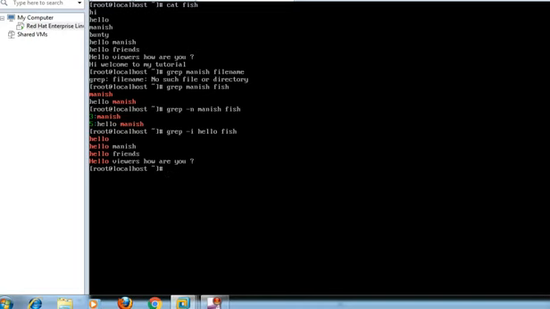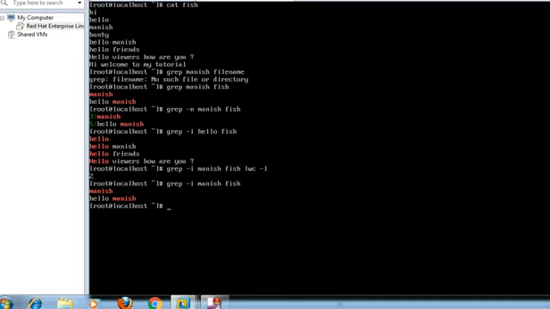Now if you want to count the number of lines that contain the word, suppose let me go with the word Manish, and this is called the pipeline, which you can use to combine two or more commands together. So if you are using wc -l, then it will show you the number of lines that contain Manish. Now if you want to check whether it is true or not, then you can use this one. Now see that Manish and hello Manish are the only two lines that contain the word Manish.